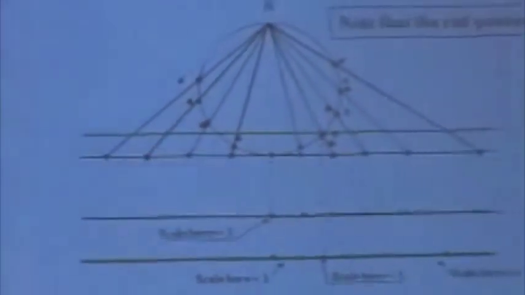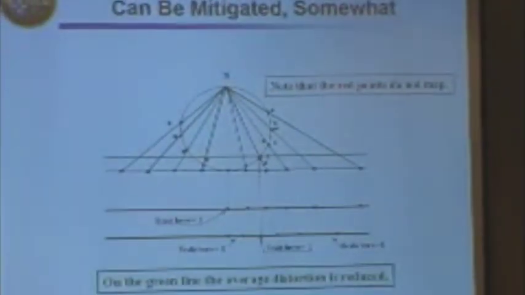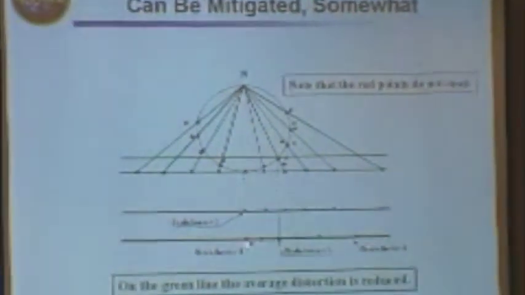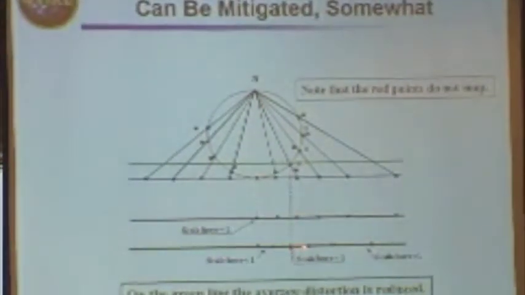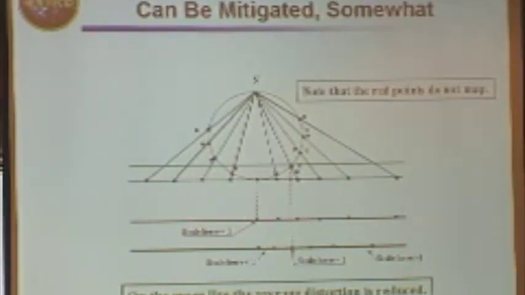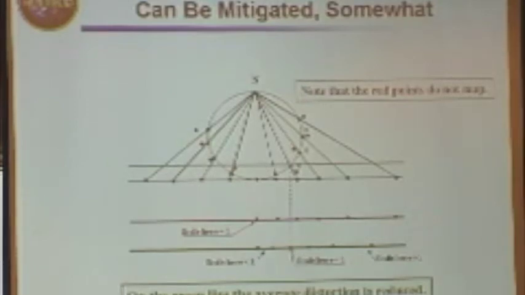Now, the stretching can be somewhat mitigated if I take the green line and move it up into the object a little bit and intercept the green line as shown in the second line down here. The distortion is mitigated by making the scale 1 inside the region, so that here the scale is too small and here the scale is too big. But it isn't as bad as here. We've kind of smeared the distortion over the interval, if you like. This is a common practice in making maps.